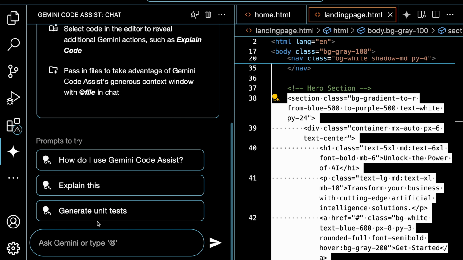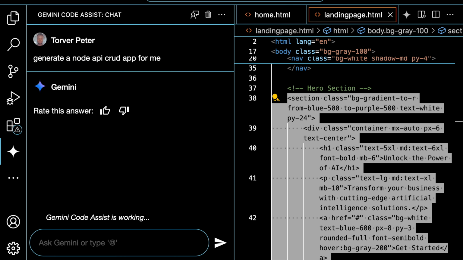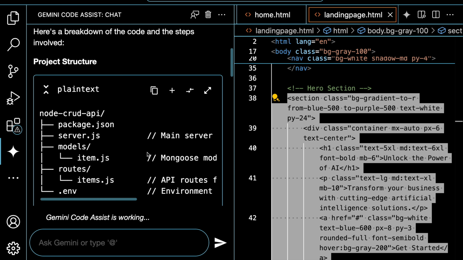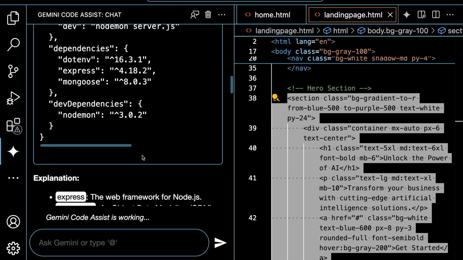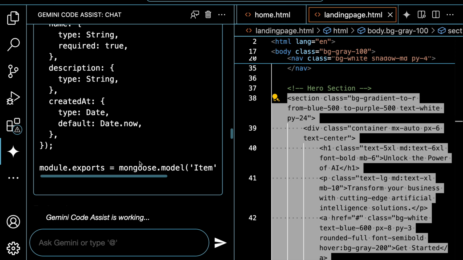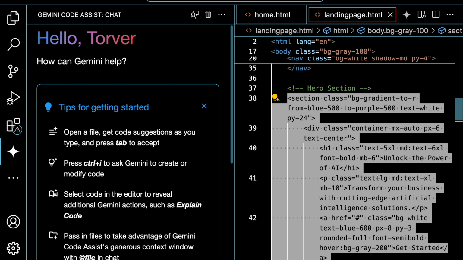You can ask Gemini to generate a full complete app for you. Maybe you can just say generate a Node API CRUD app for me, and it will do just that. It will set up. If you want to be specific, you can use JavaScript, TypeScript, any language. It's more than 20 languages, I guess. So go ahead and explore Google Gemini Code Assist within Visual Studio Code,